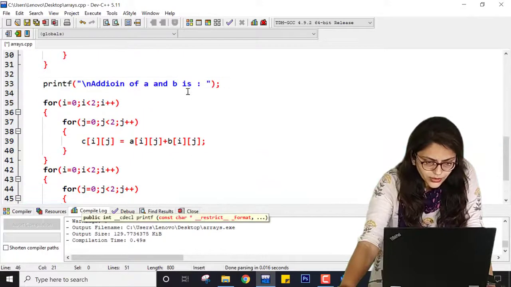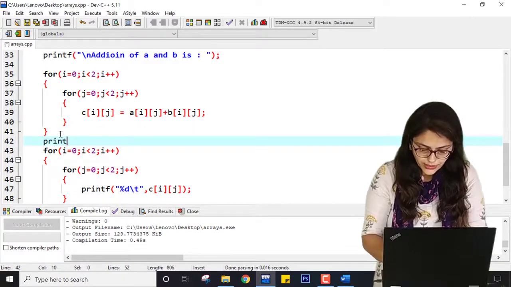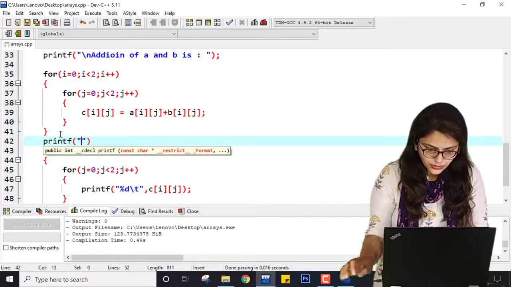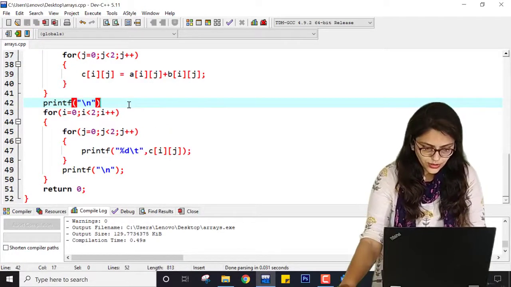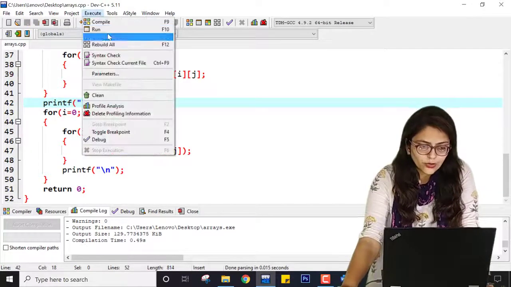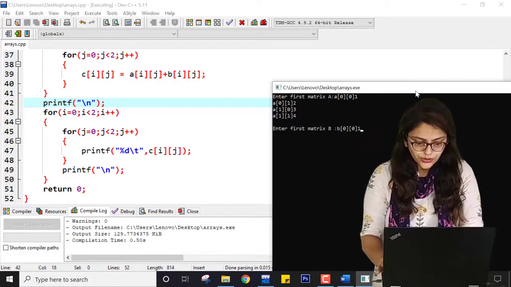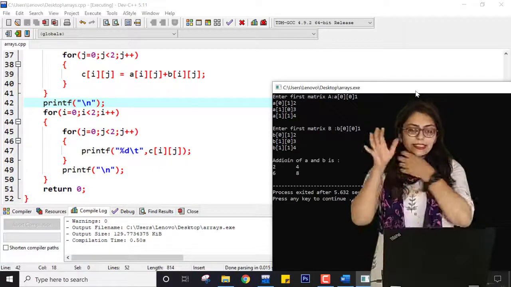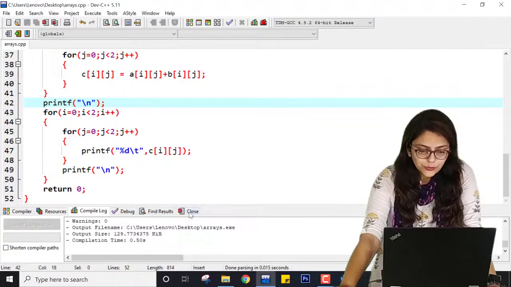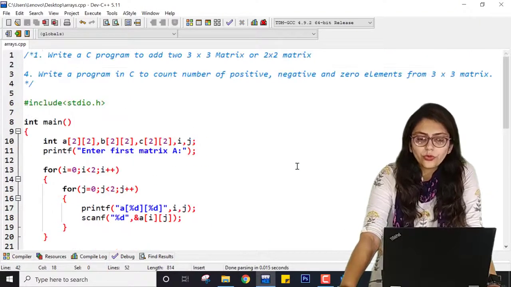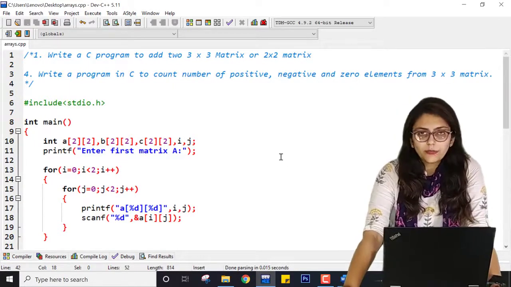So here after this I am writing printf or say slash n, right? I just want to make it look better and look like an array. That's why I am doing this. I'm doing this stuff. 1, 2, 3, 4. 1, 2, 3, 4. So now you can see it looks like a matrix. 2, 4, 6, 8. I hope you guys understand this concept. So this is the code for addition of two matrices. You can write similar code for a 3 by 3 matrix, A of 3, 3 and B of 3, 3, right?